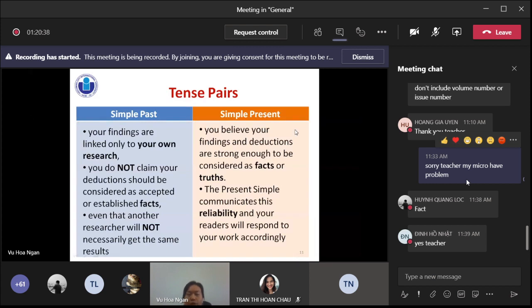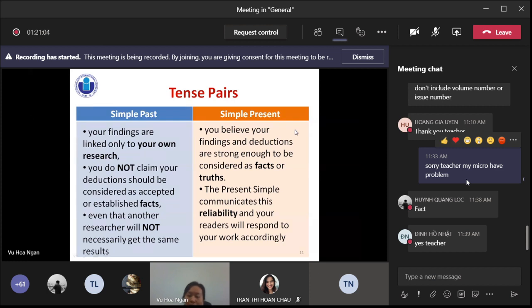Now the first scenario is that if you are so sure, people may doubt that, and if you don't provide citation or other sources,